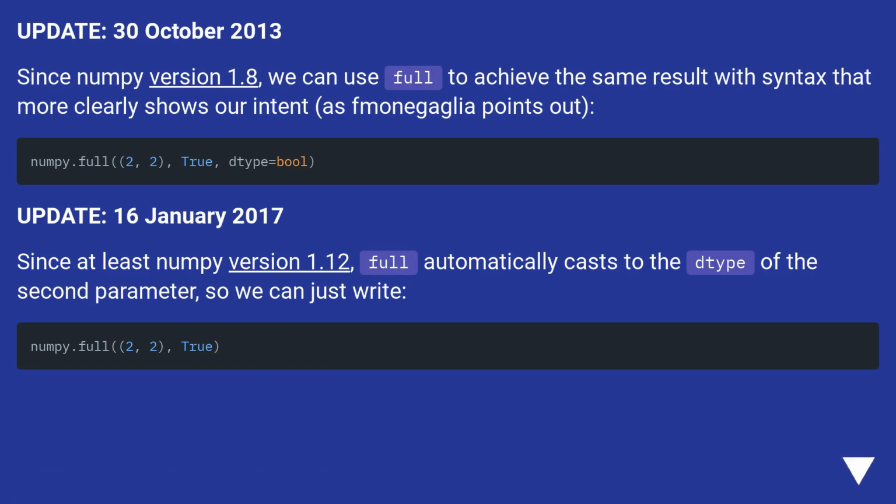Update, October 30th, 2013. Since NumPy version 1.8, we can use full to achieve the same result with syntax that more clearly shows our intent, as Fonagalia points out. Update, January 16th, 2017. Since at least NumPy version 1.12, full automatically casts to the dtype of the second parameter, so we can just write